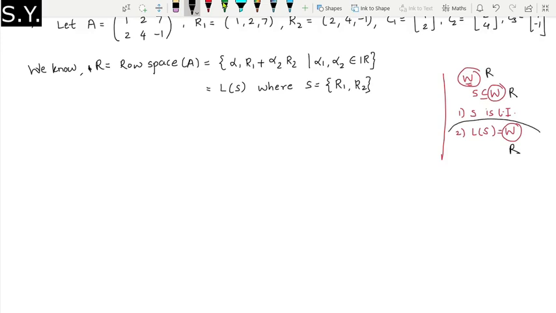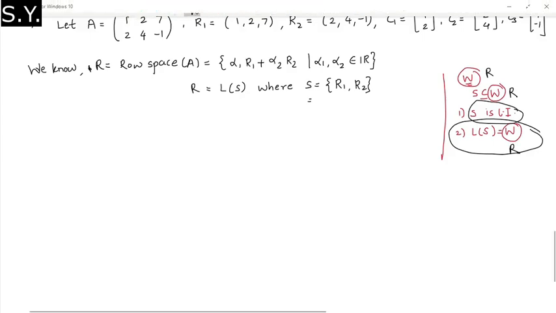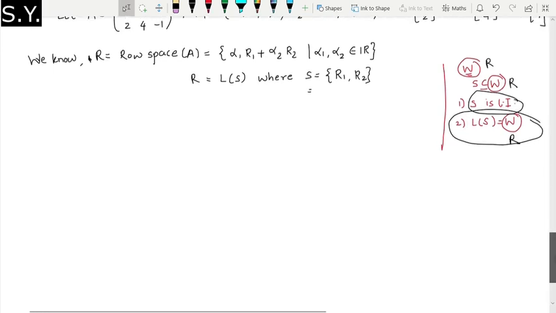So we have already done this. The second condition is done. We have already found out a set S such that linear span of S is equal to R, because what is our left hand side? It is R only. Now we are supposed to check whether this is linearly independent or not. So if this set is linearly independent, we can directly say that S is a basis and we'll get what? The row rank. So chalo then let us check the linear independence. But it may happen that the set is linearly dependent. Then in that case what to do? That also we are going to see. So okay.